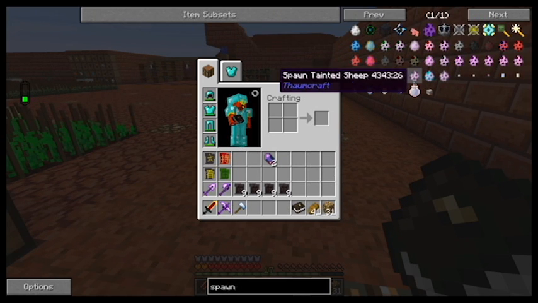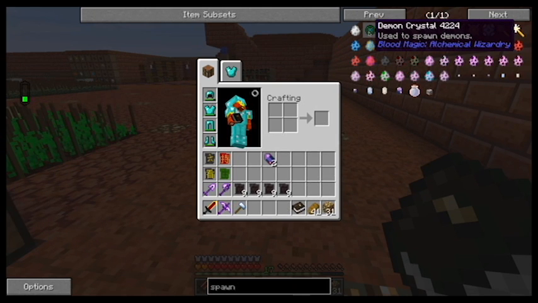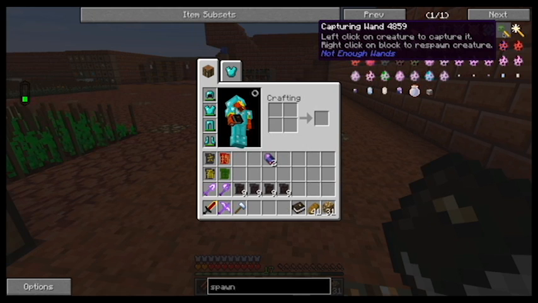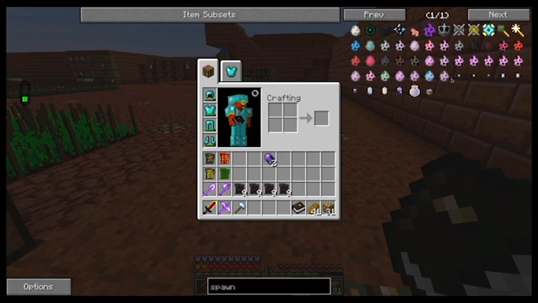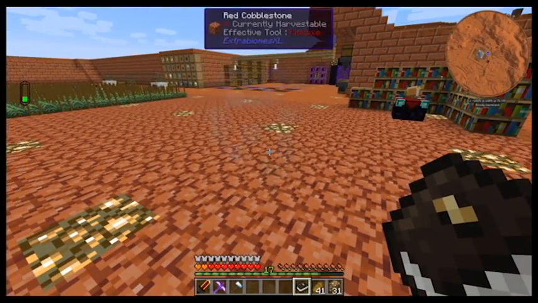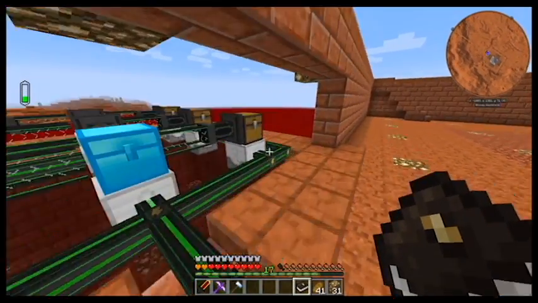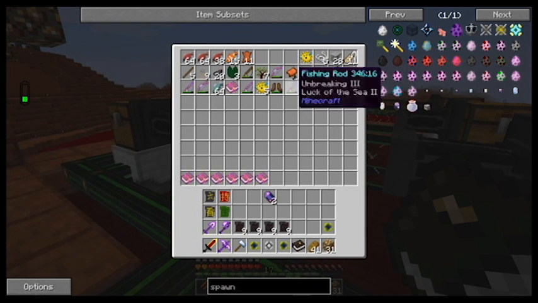Porta spawner. Mine Factory Reloaded. Well, that's an auto spawner. But you have to have a spawn egg, or not a spawn egg. You have to have a safari net with a creature in it. Now there might be a possibility that these single net safari nets could possibly have...